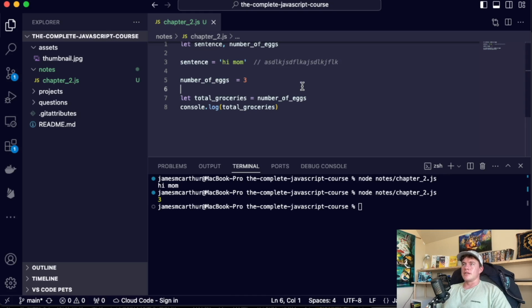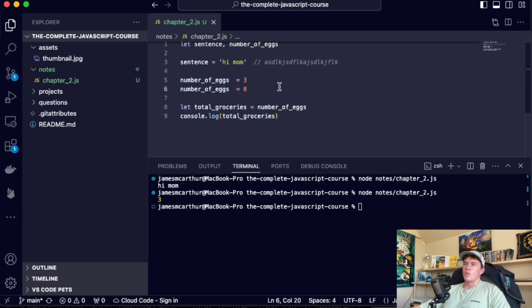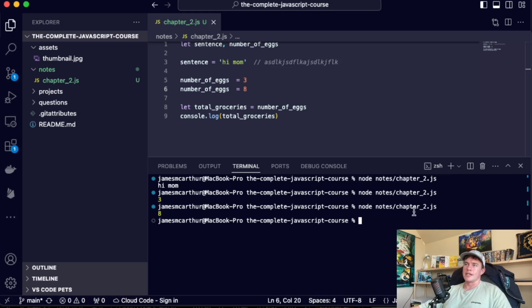Now if I update this value, let's say number of eggs is equal to 8. What do you reckon total groceries is going to be? Is it going to be the initial value 3? Is it going to be 8? Let's find out. It's now equal to 8. So assignment by reference just says, okay, find whatever value it currently is now, and then assign it to the